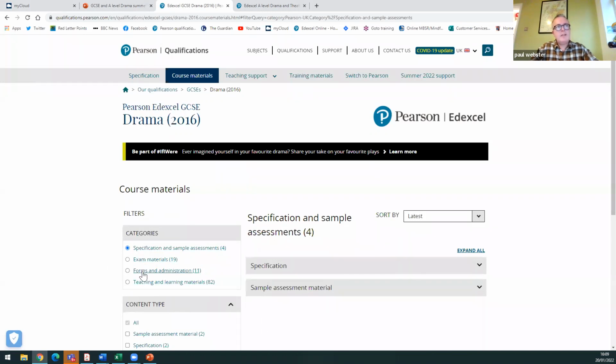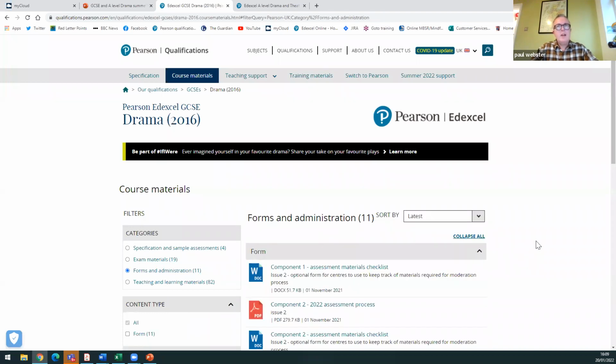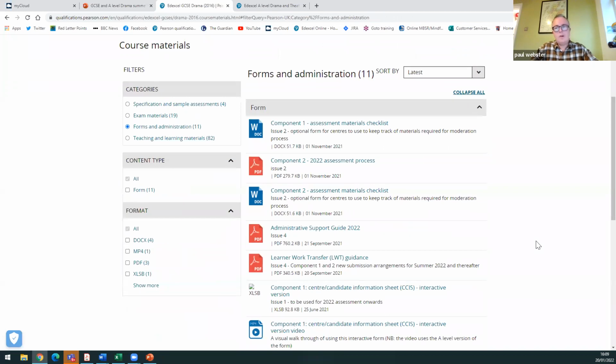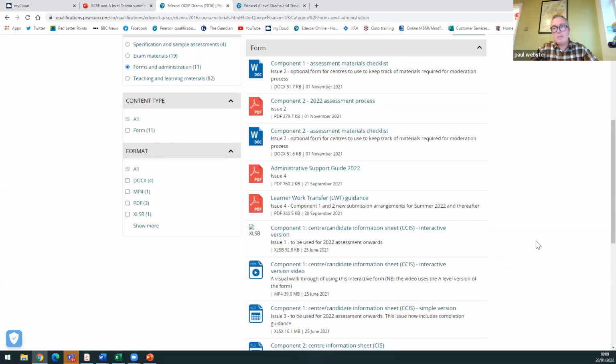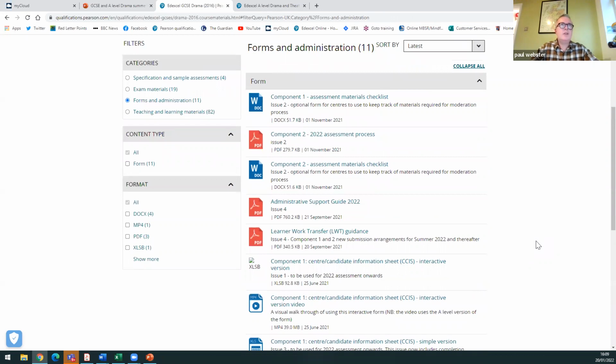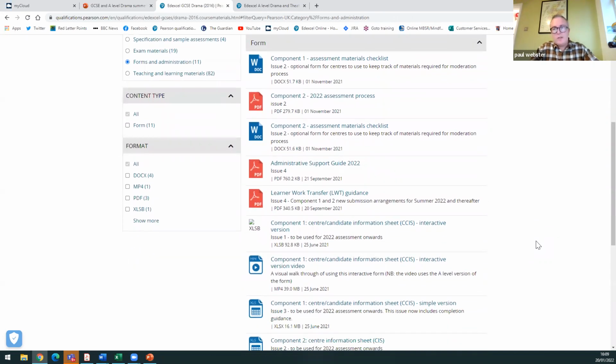Here on the left hand side, you need this button here, the forms and administration. If you go here, you will find all the forms, the admin support guide, everything that you need for sorting out the administrative sides of the course this year. The Bible is the admin support guide, which you should all have had a look at.